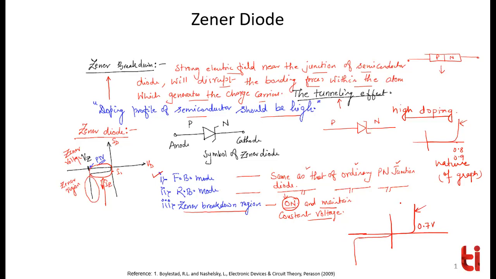Maybe you have already done the PN junction characteristics experiment in the lab. What you have seen in the experiment is, if you have done it, that's very good, and if you have not, then I will tell you. So what did you see? In the case of the characteristics of a PN junction diode, let's say you have made this kind of circuit. Let's say you have a diode here, you have a resistance here.